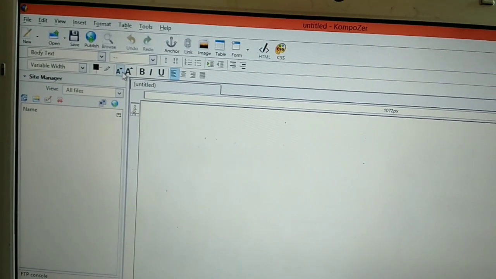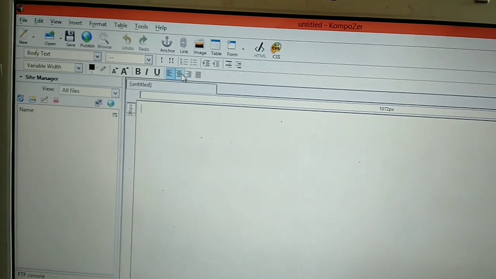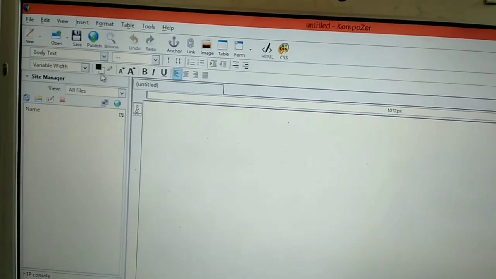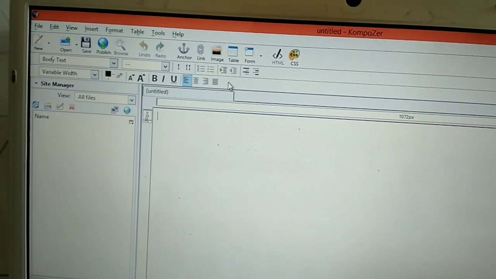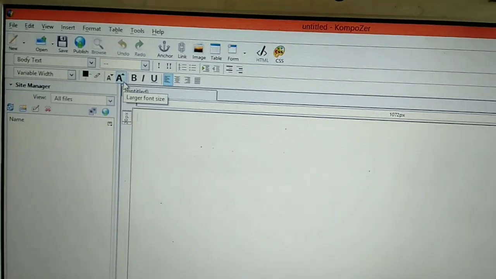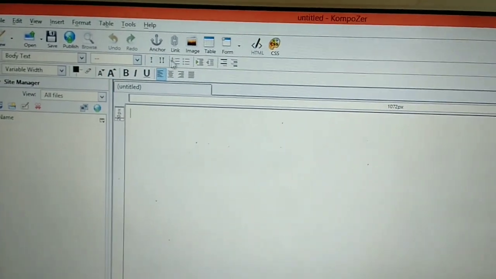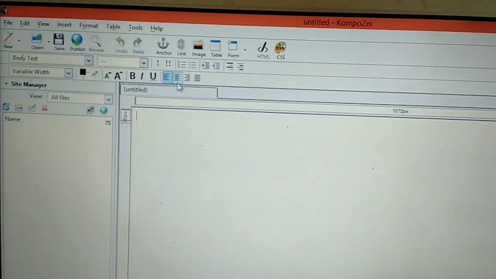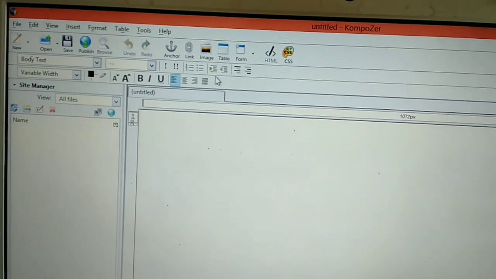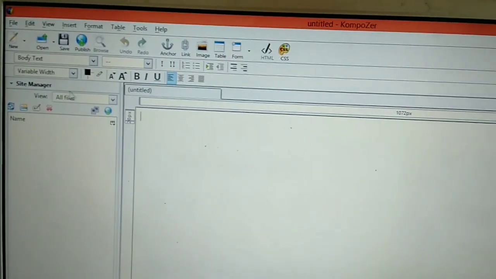Increase font size, decrease font size, bold, italic, underline, left alignment, center alignment, right alignment, justify, it is known as formatting toolbar 2. So in short, we have two types of formatting toolbar: format toolbar 1 and format toolbar 2. The toolbar which is specially used for formatting is known as the format toolbar.